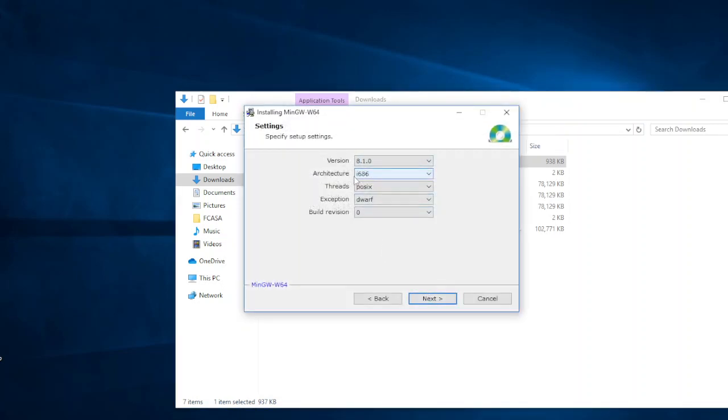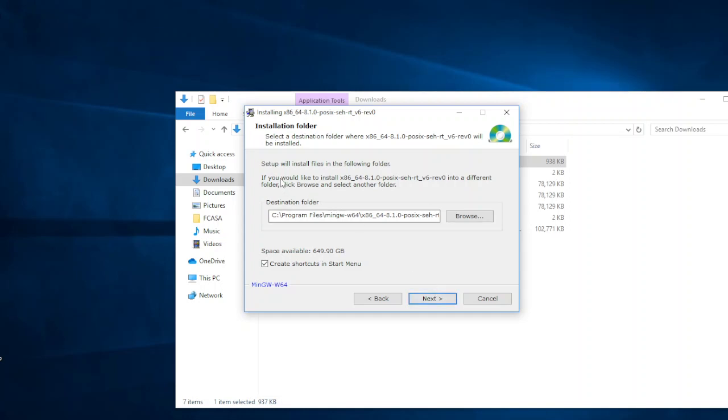You make sure that here on the architecture of the computer you choose 64 bits, because that's your Windows 10. Your Windows 10 is a 64. Unless yours is different, then you go for that one. But for the purpose of the students, we go 64-bit, and then we click next. When we get here,